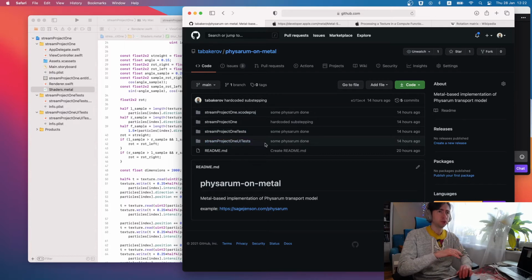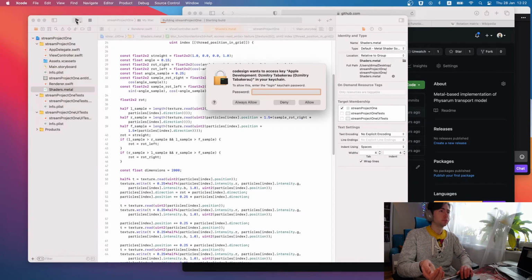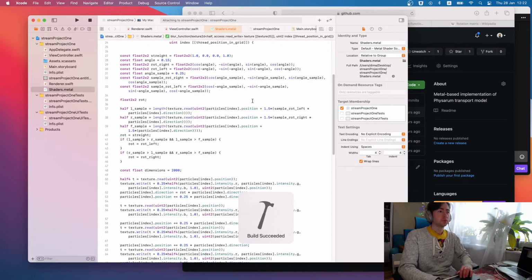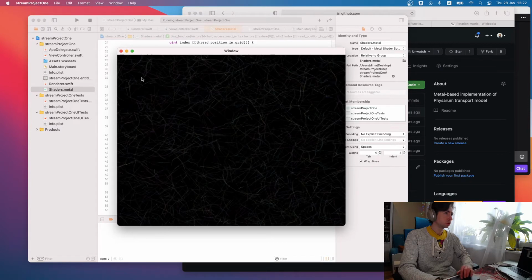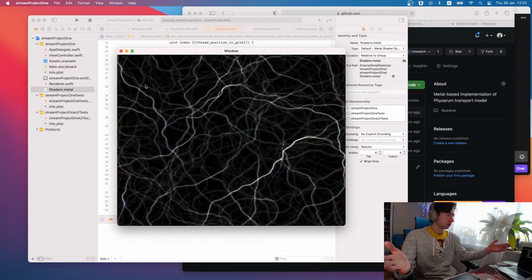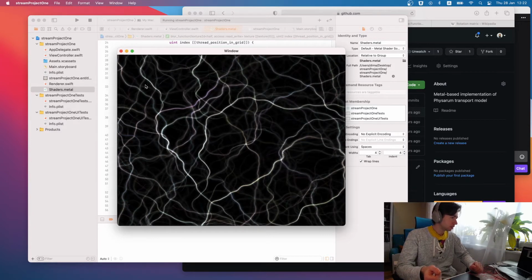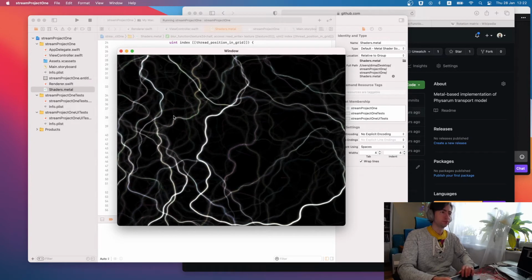Well, the code is complete garbage and a mess, and it requires a lot of improvements. But it works. Ta-da! Actually, yeah, it works.